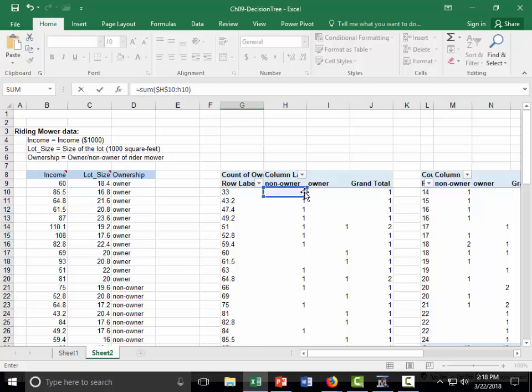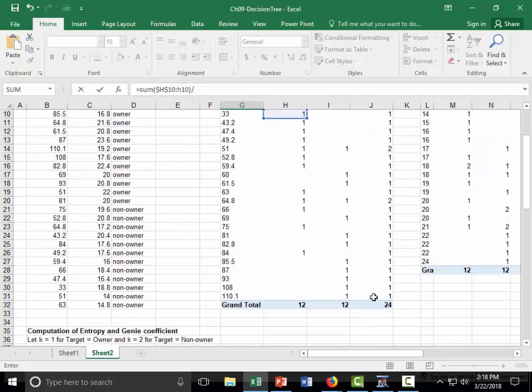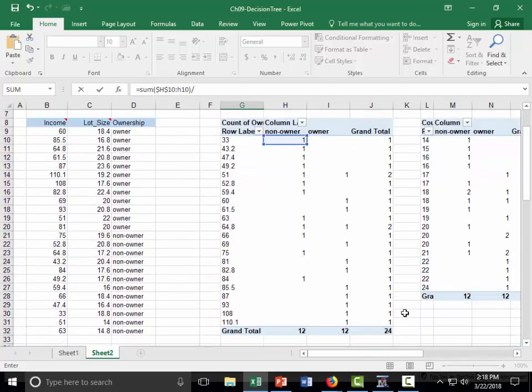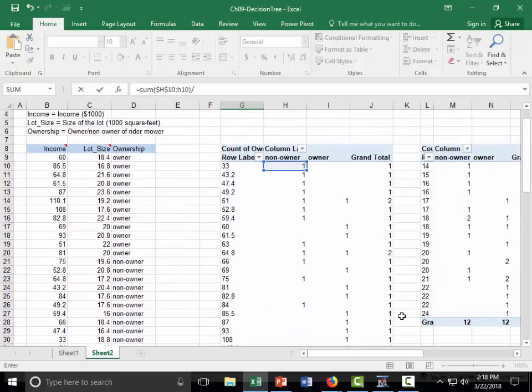So this divided by the grand total, so which is, I'm sorry, not H, you have to use J. So this is the number of observations. Here is where the split is happening in terms of how many records get split, right? So that divided by J,